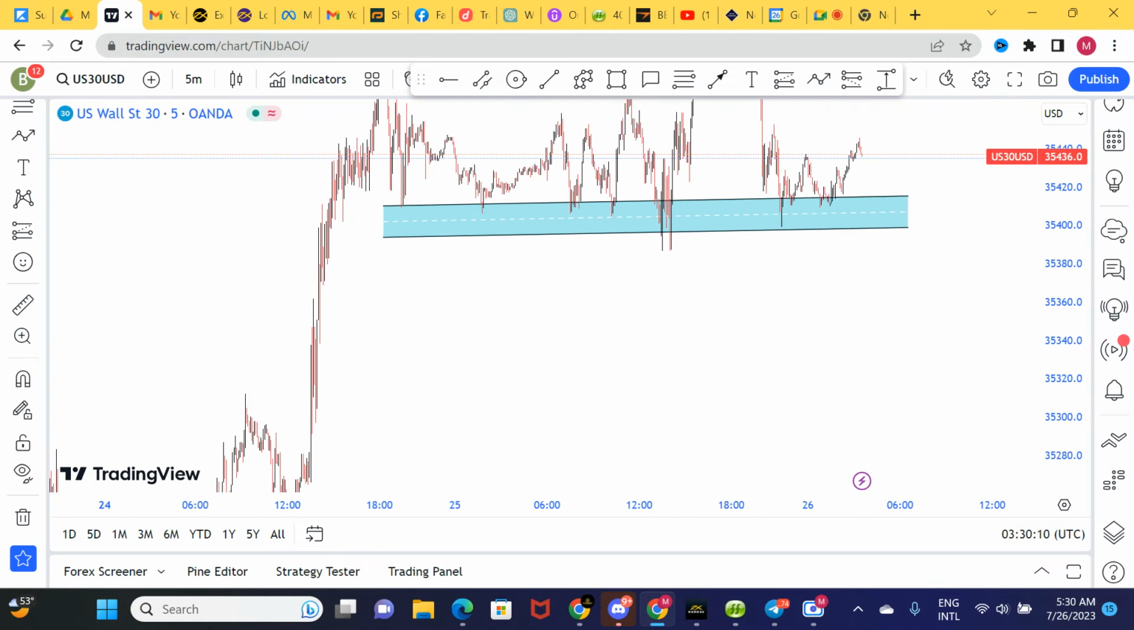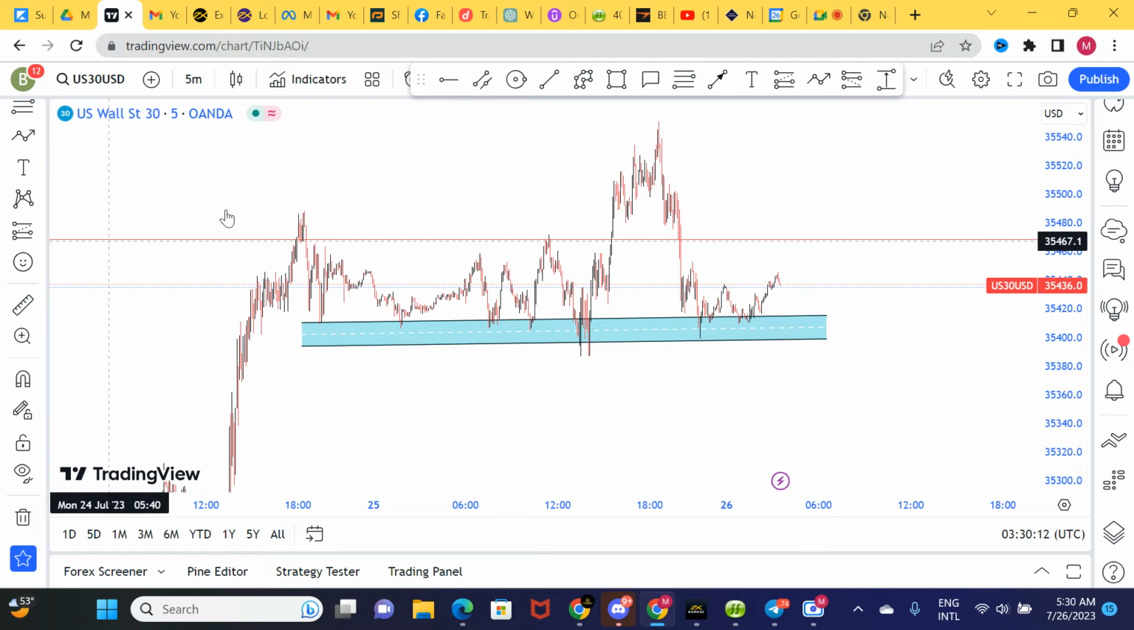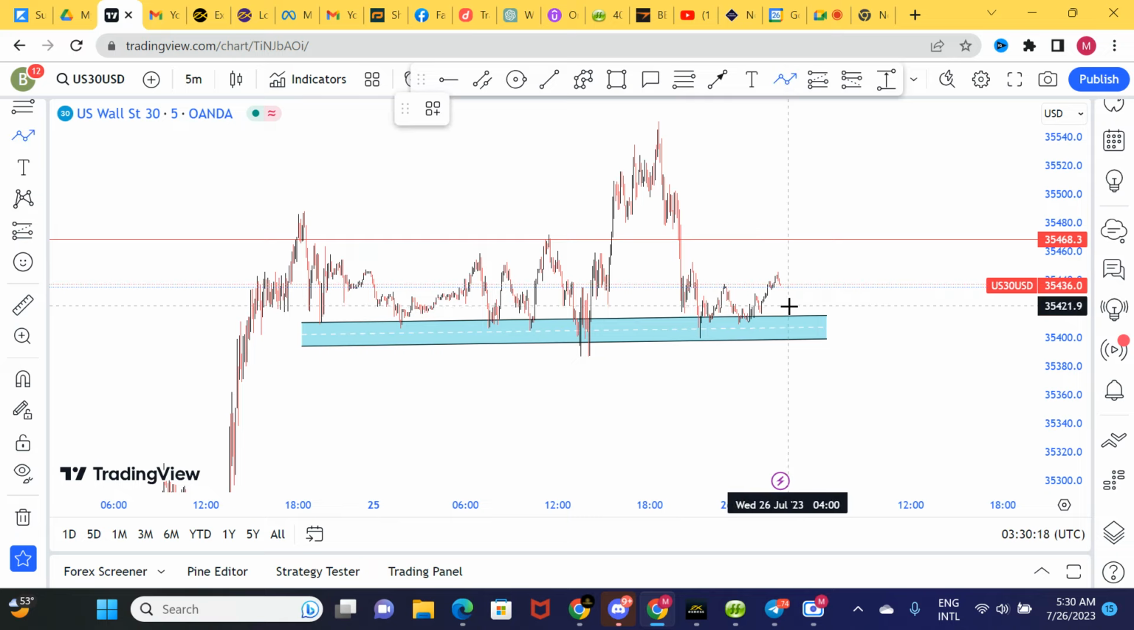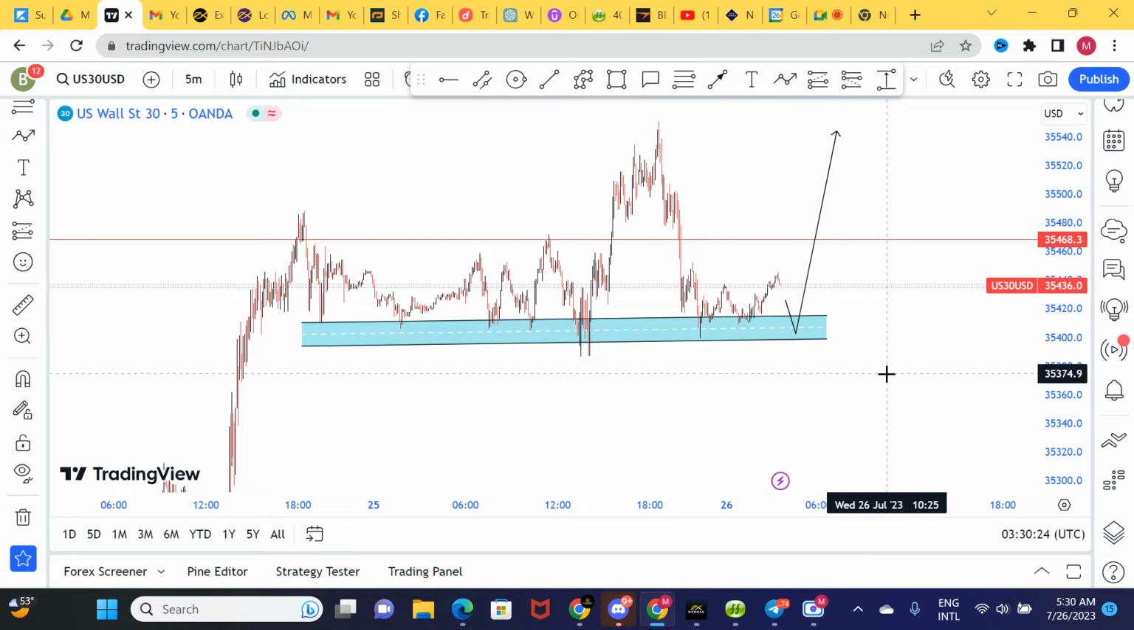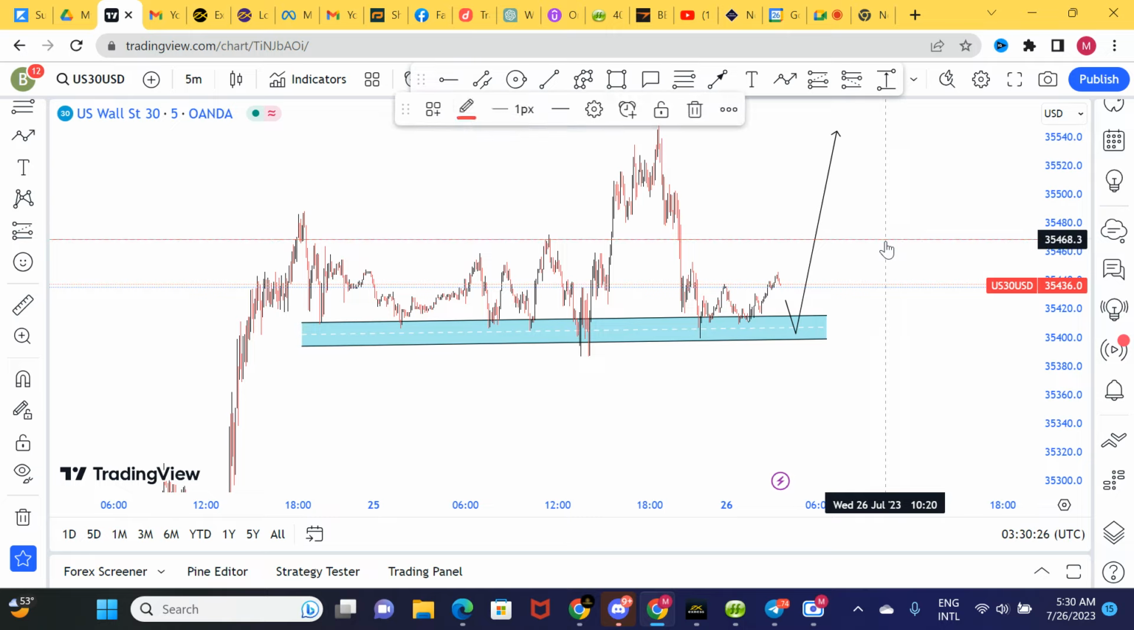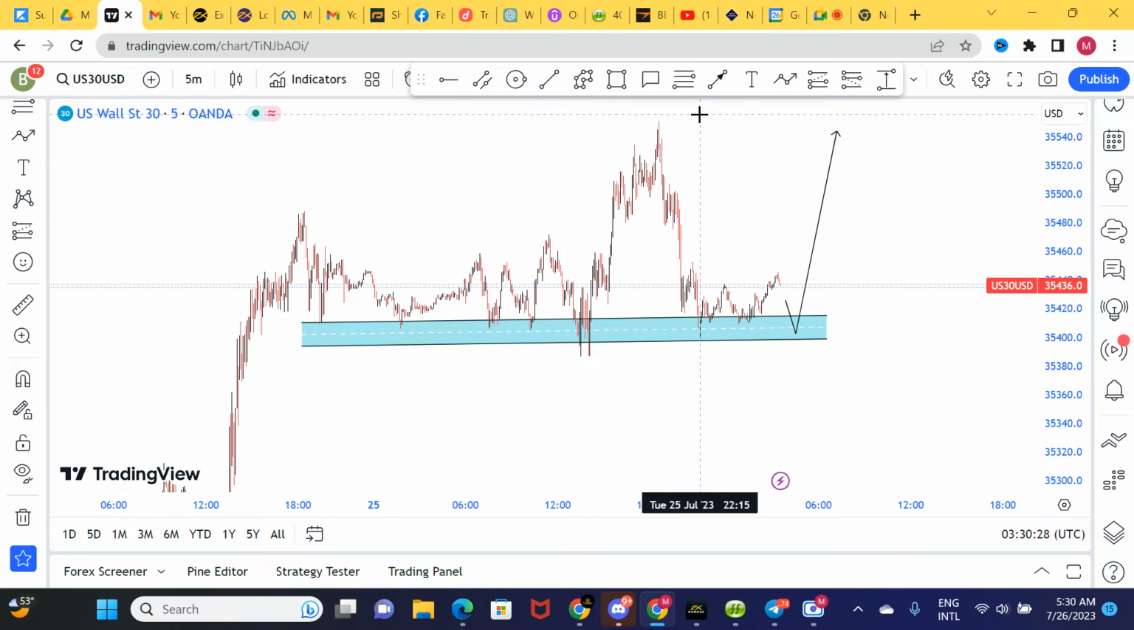Okay, in this regard, we'll wait for price to come back in this zone. Let's just wait for it to come back in this area of support, and then we'll take our buy trade and go with it up. Now here, our entry point would be, let's utilize this